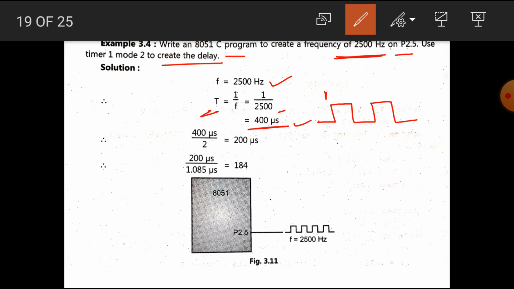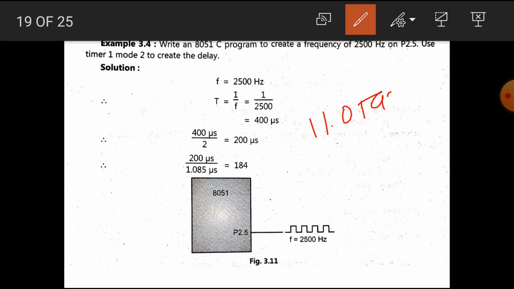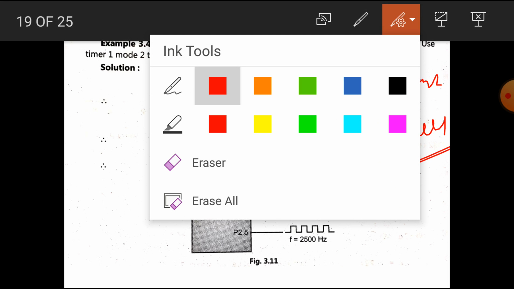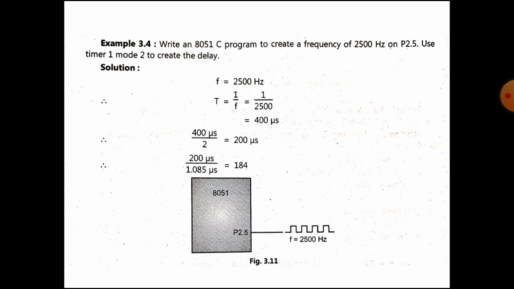This is the period for the entire square wave. That means this is the period for on time and off time. Okay, we have to obtain the period for only on time or only off time. For that purpose divide this 400 by 2. We get the period as 200 microseconds. And we know that for the crystal frequency 11.0592 megahertz, its period is 1.085 microseconds. Hence, to obtain the total number of clock pulses, we have to divide this 200 microseconds with